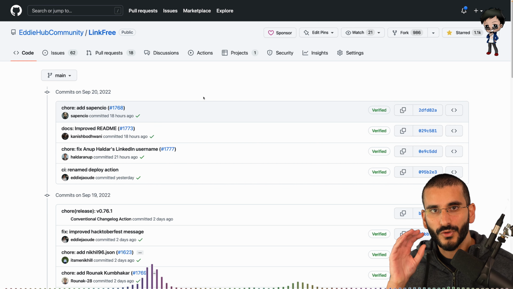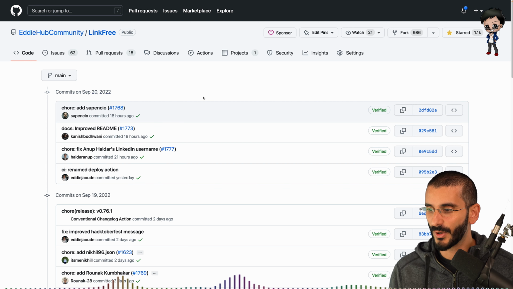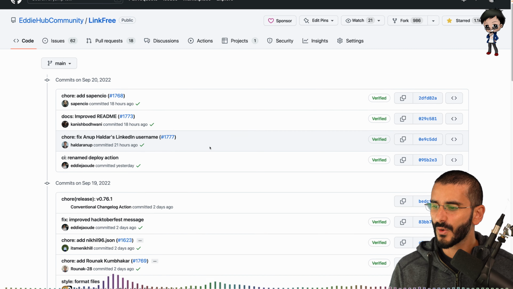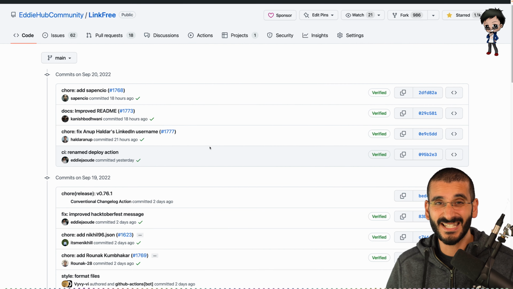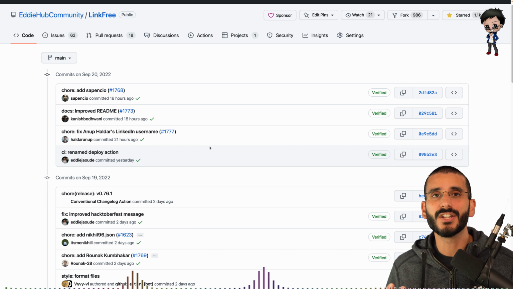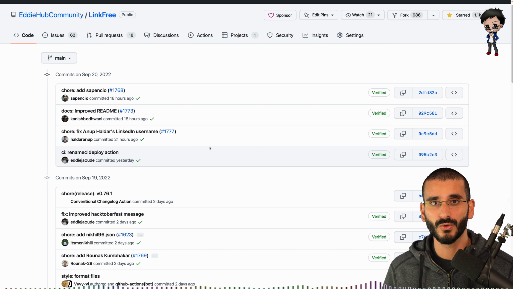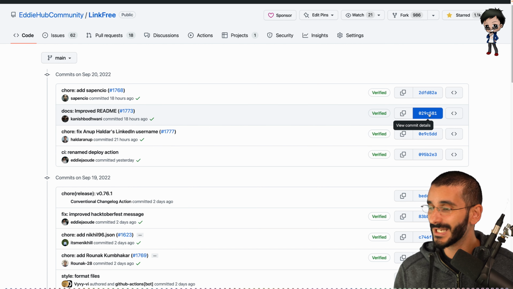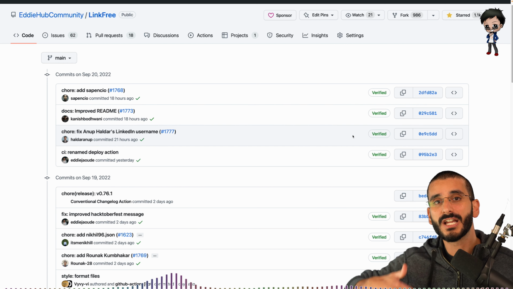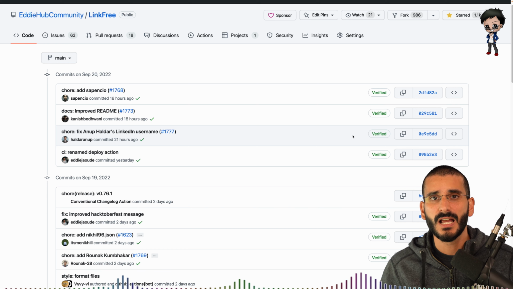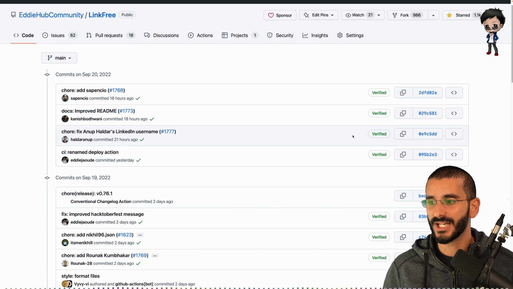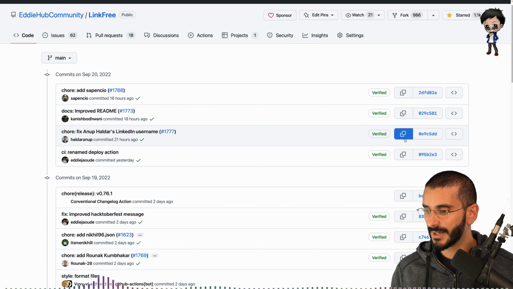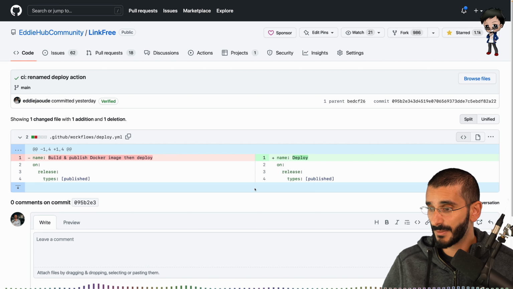But I just want you to remember for now that commits are a save point, and these are all the save points. So we can roll back to these save points. We can see the changes in these save points. We can even undo a save point. There is a command called git revert, where if you use git revert and you put in this unique hash, it will make a new commit, so a new save point, but with the complete opposite changes. So for example, if I try and pick this one, so this is a commit by me,